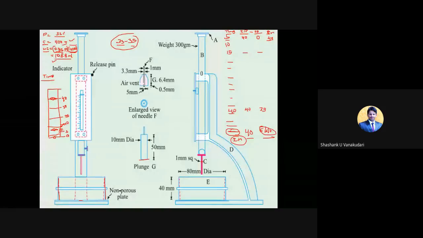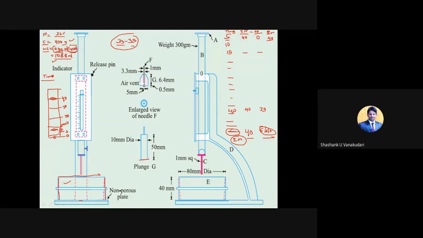Clear? So once you take this cement and water, you will add water to the cement and you have to note down the time. Within 3 to 5 minutes you will mix that and place it in the briquette mold here. Clear? And then you will level this to 40, so that this needle reaches the reading 40. Later, for the first 5 minutes soon after adding the water, you will note down the initial reading, the final reading, and initial minus final gives the penetration value.